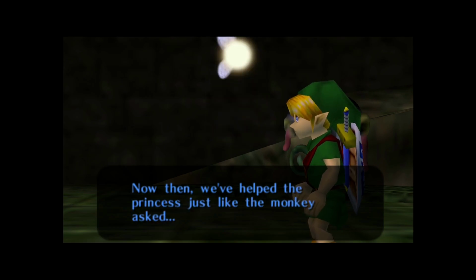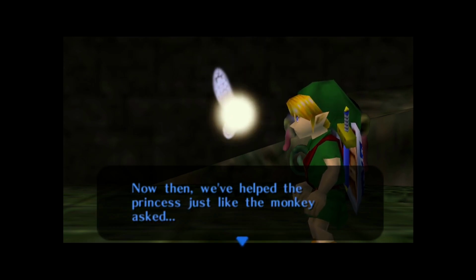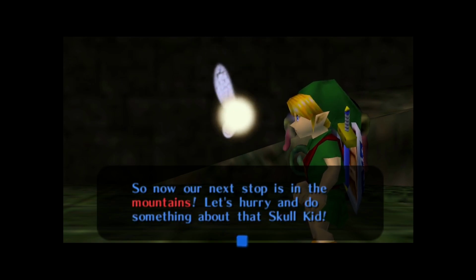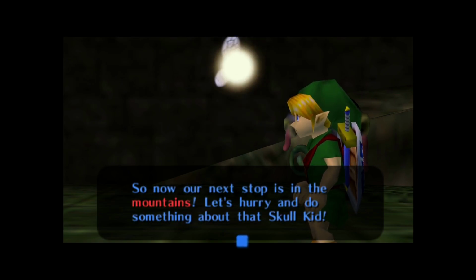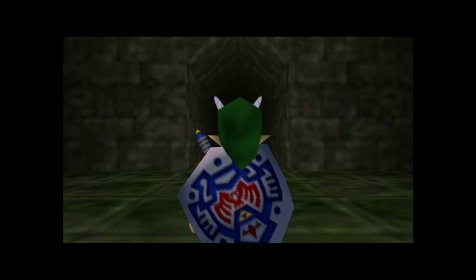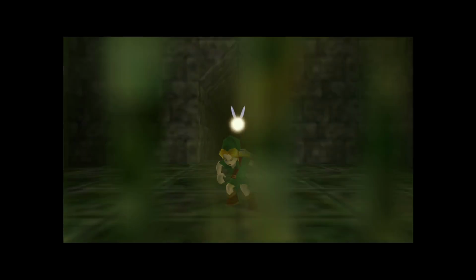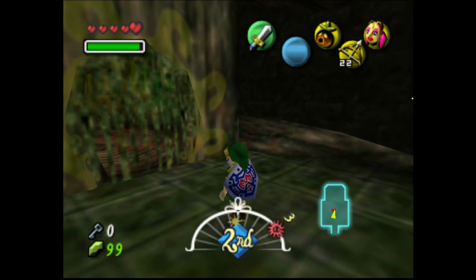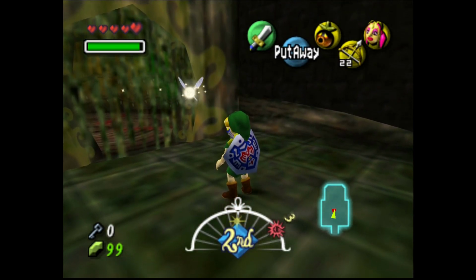Now then, we've helped the princess just like the monkey asked. Have we? Where is she? Can you confirm her location? So now our next stop is in the mountains. Let's hurry and do something about that skull. I haven't seen the Deku Princess. How do you know she's safe? Mysterious noise comes from the room behind